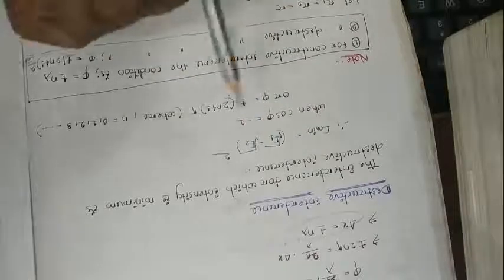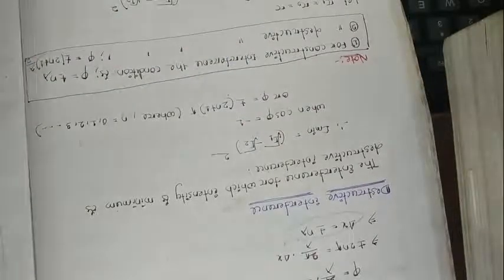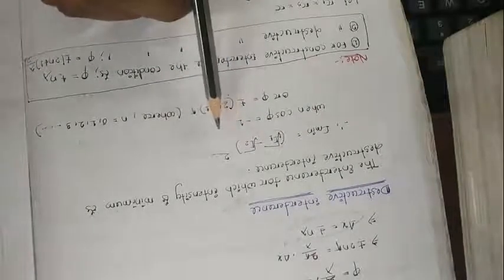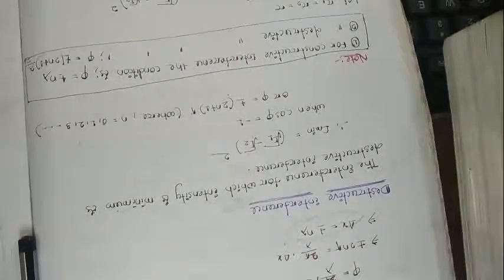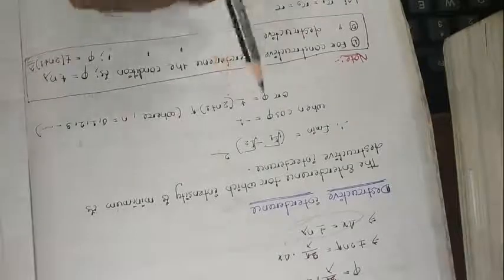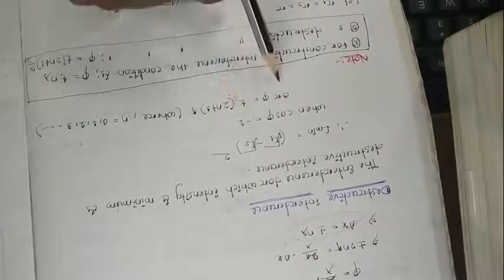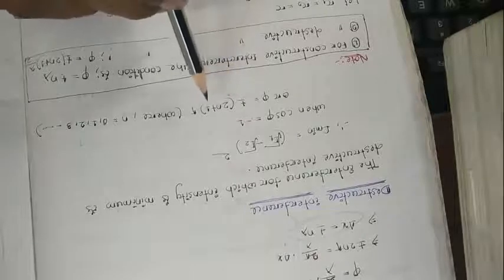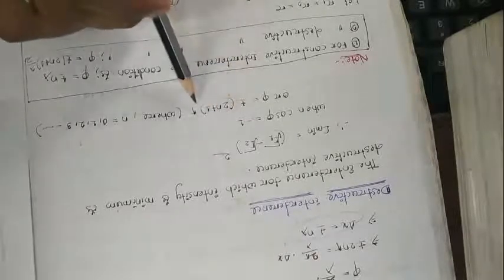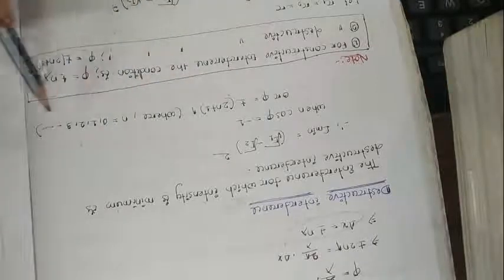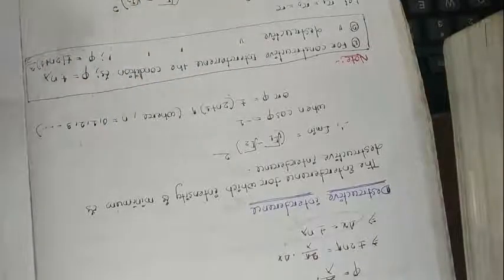Next, for destructive interference, or the minimum intensity, we find it when the two amplitudes subtract with each other. So I minimum is (root I1 minus root I2) whole square. The intensity is minimum for the condition cos phi equal to minus 1. So cos phi equal to minus 1 means phi equal to plus or minus (2n plus 1) pi, an odd multiple of pi, where n is equal to 0, 1, 2, 3.